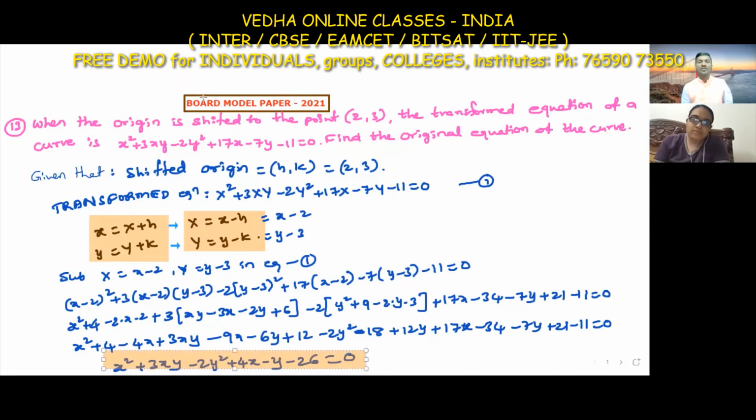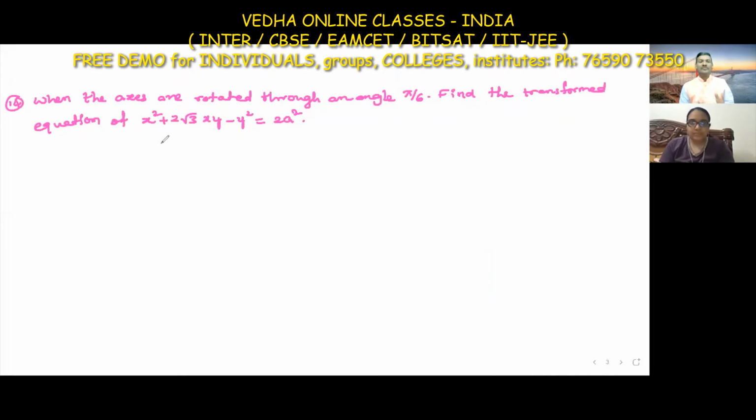This is the original equation we got in terms of small x and small y. This is the required original equation of the curve. Understood? Yes, sir. Next question: when the axes are rotated through an angle pi by 6, find the transformed equation of